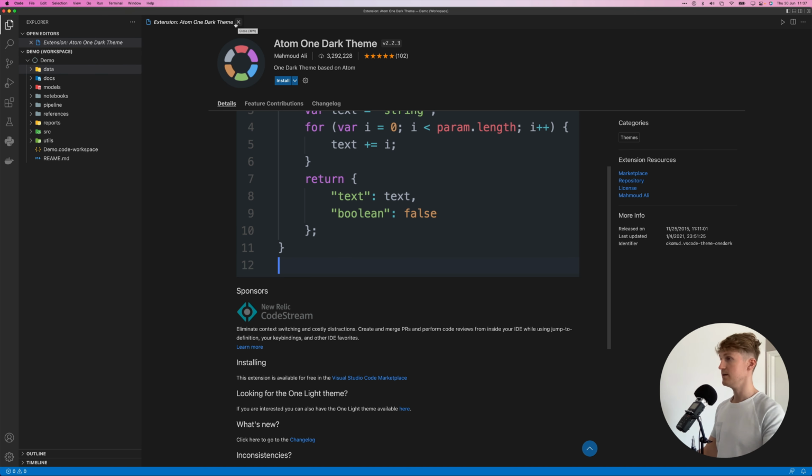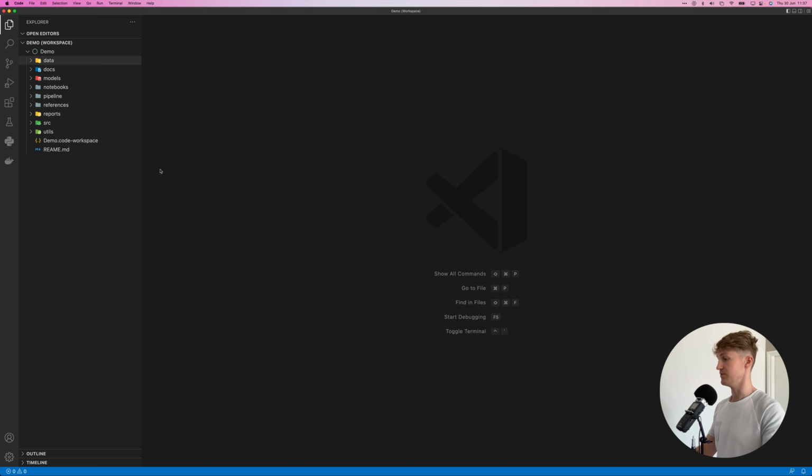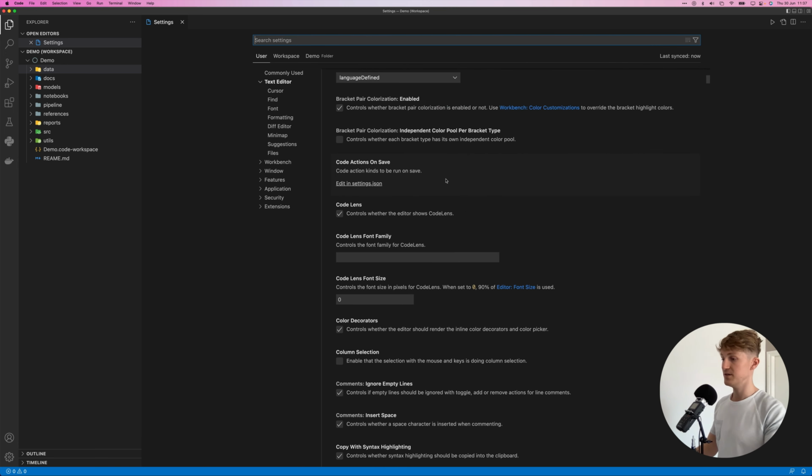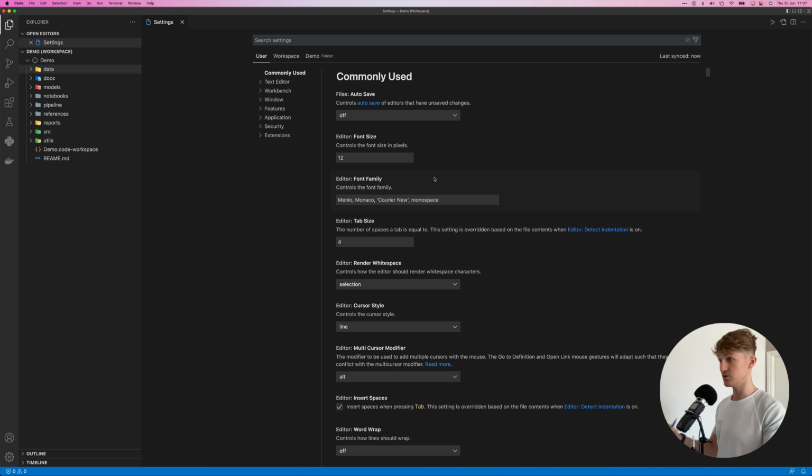And now there's one more thing I want to show you about the settings. So if I go to the settings over here, now first of all, there are a ton of settings that you can tweak, from font sizes to whatever. You can look through all of these. I have almost everything just on default. I've also never really looked in too much of it because I like the way it comes out of the box. But there's one important thing to note here, and that is that you have a user level and a